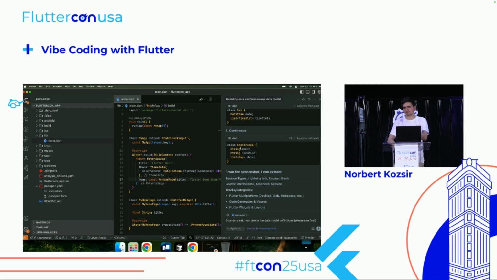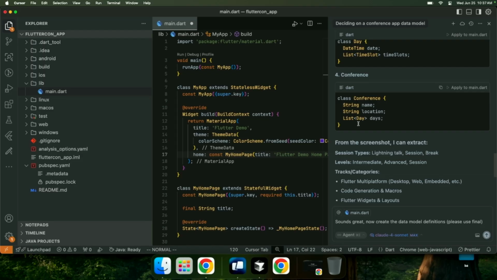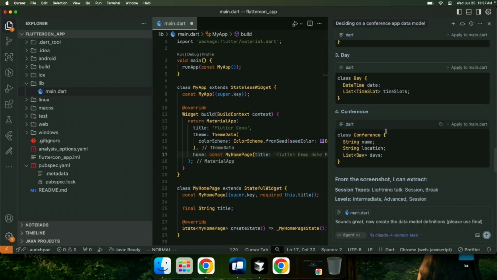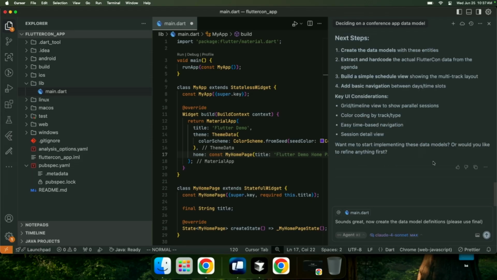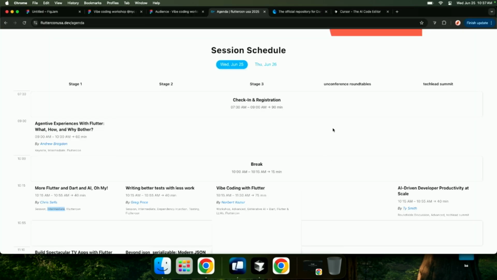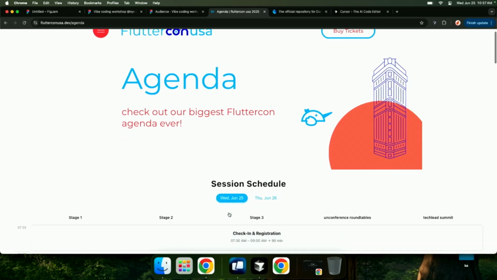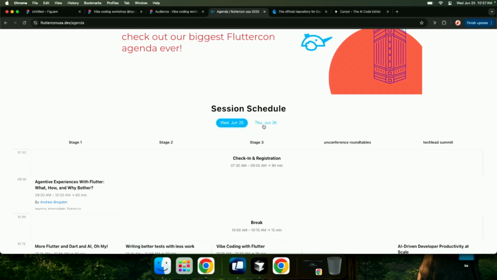I just saw it didn't put a finally in there. I think it would be smart enough to use a finally afterwards, just to be sure. Data model definitions and populate with the data from the site. Let's see if we click on this. I think it's probably JavaScript or maybe it's CSS.